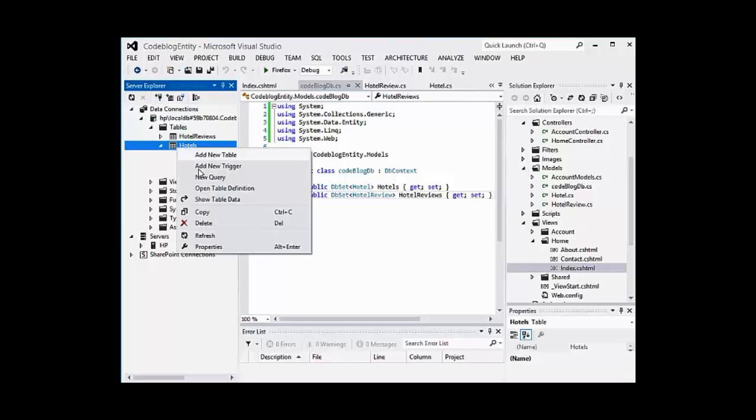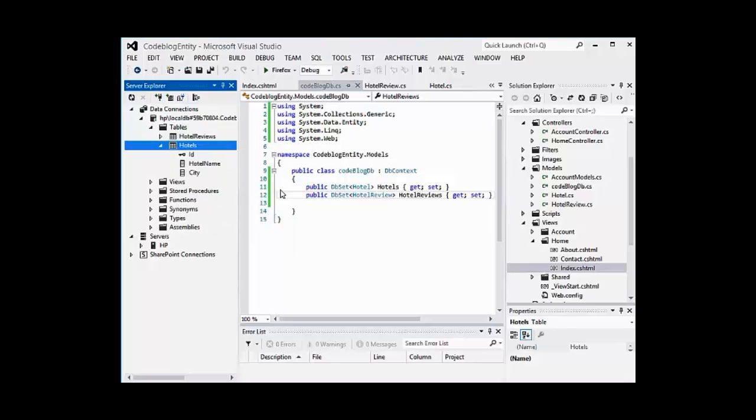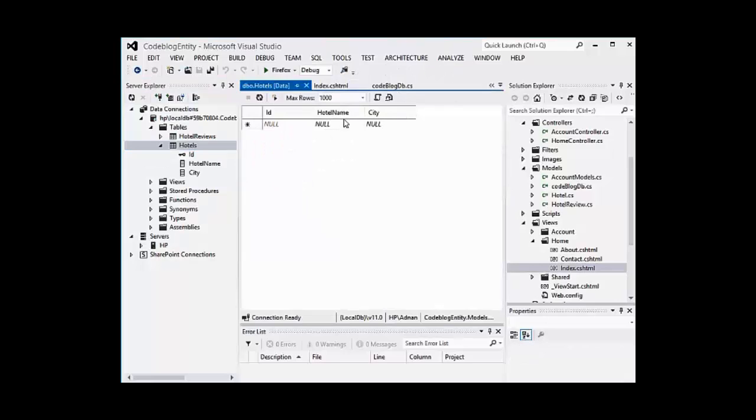Just to see that it's working, if I go in and say show table data manually,